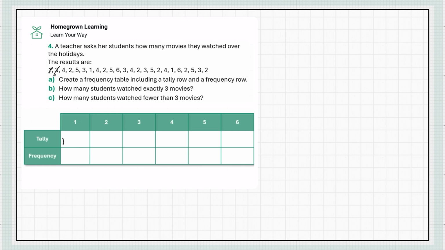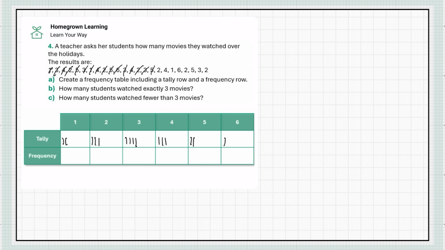then 3, then 4, 2, 5, 3, 1, 4, 2, 5, 6, 3, 4, 2,